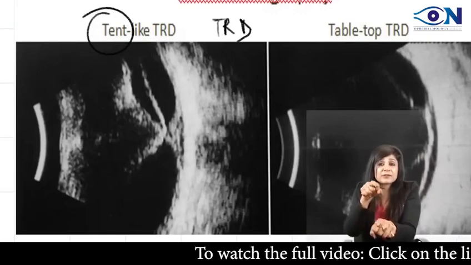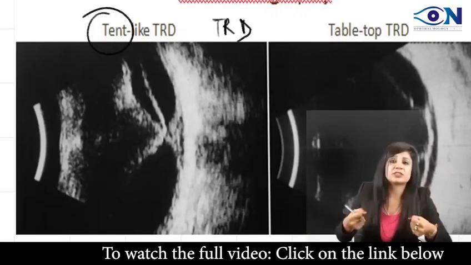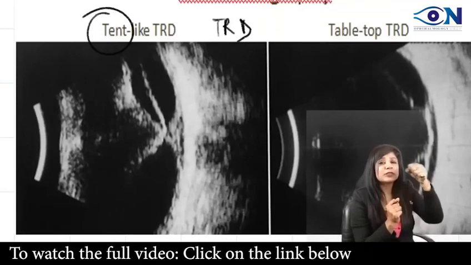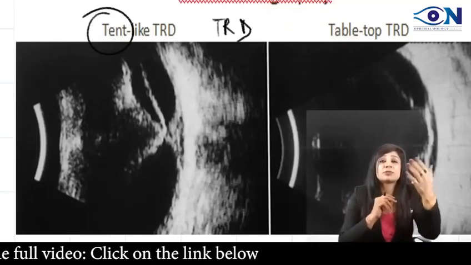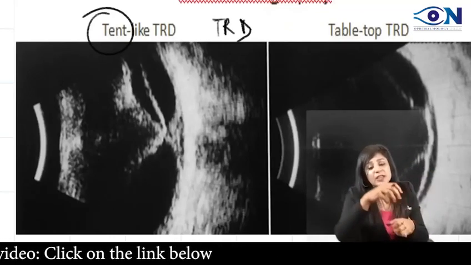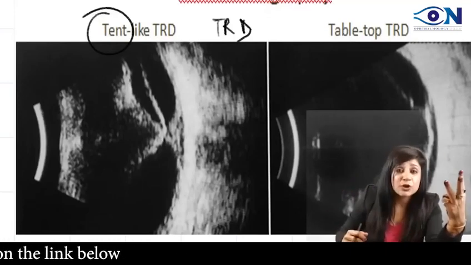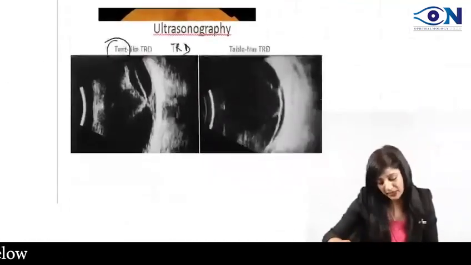Now, this something which is pulling the retina has to be strong. What will be strong? Dense vitreous hemorrhage. So dense vitreous hemorrhage in the vitreous cavity can pull the retina. Where will vitreous hemorrhage come from? From PDR, from Eales disease, from trauma, from ROP, and we can have pulling of the retina. So three different types of retinal detachment with three different configurations on the B-scan ultrasound.